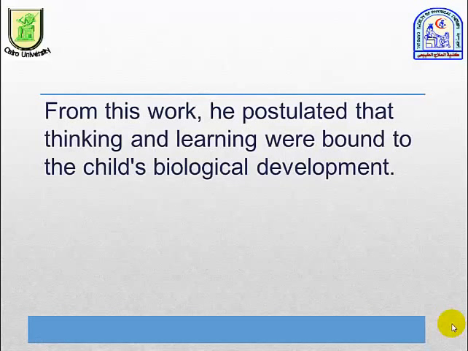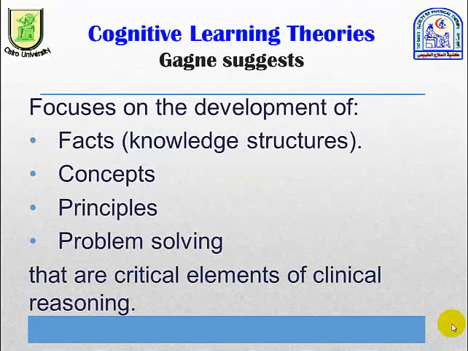From the cognitive learning theory, as Piaget established many years ago, from his work he postulated that thinking and learning were bound to the child's biological development. So cognitive learning theory did not stop at the level of Piaget, but became more advanced through someone else. He suggests some points, and the focus is on the development of facts, knowledge of structure, concepts, principles, and he added also problem